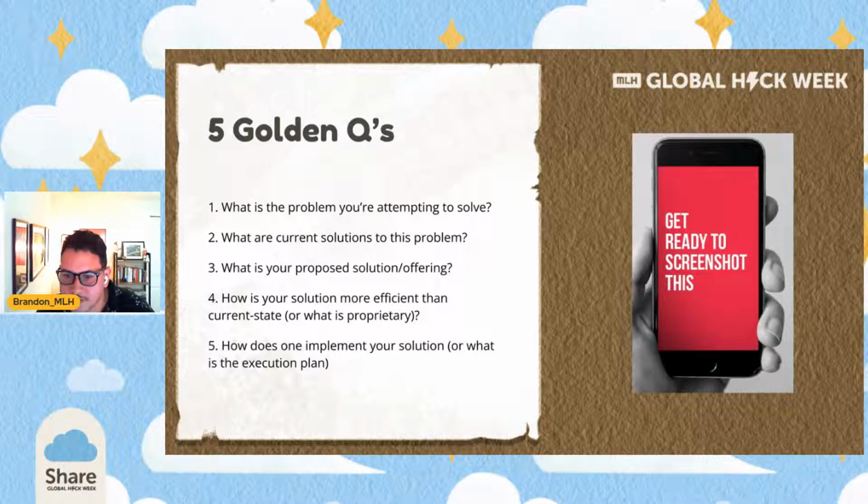Let's see here. Someone wants to know how to integrate payment systems with DSO creators. Okay, that's a cool idea. I have no clue how to help with that, but it sounds like a good opportunity for reaching out to some of your fellow hackers and finding someone else who maybe knows a thing or two about those platforms.